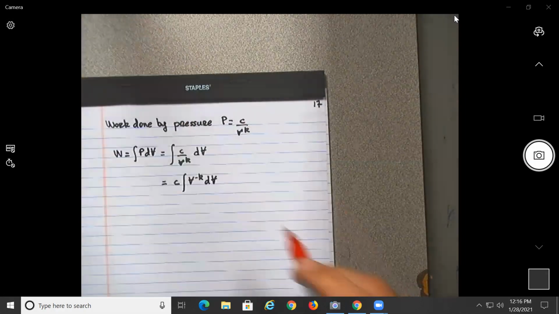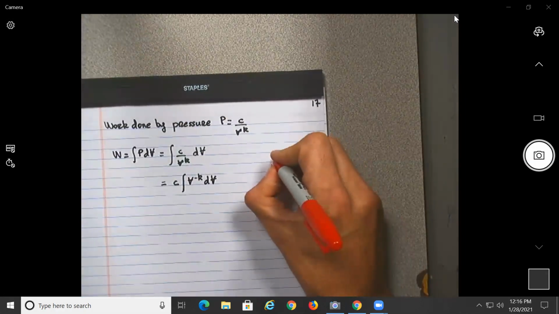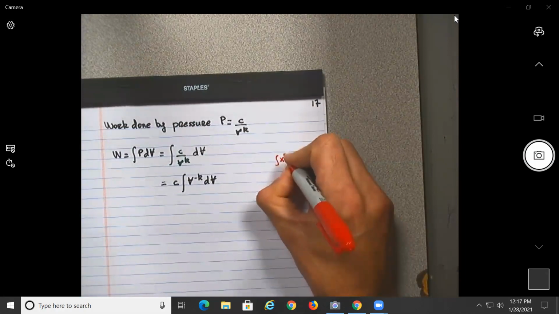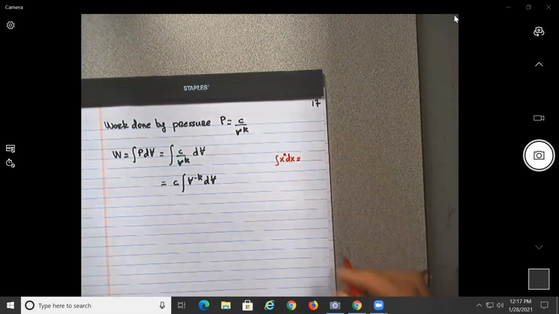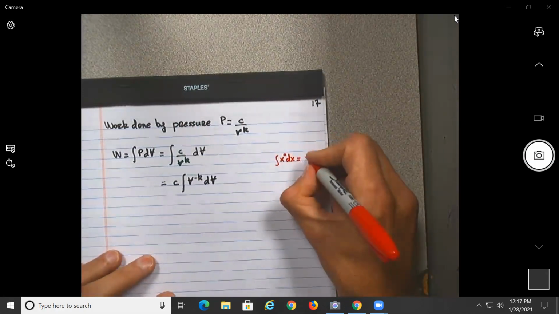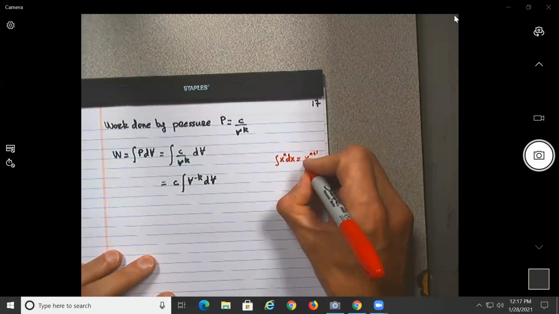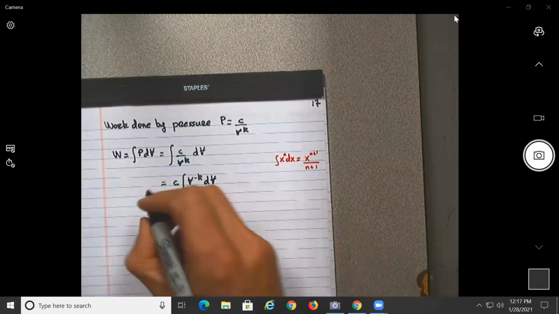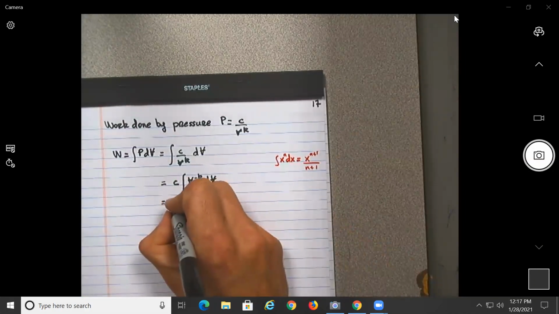Okay. Now, what is the integral of x to the n dx? What is the integral of that? It's x to the n plus 1 divided by n plus 1, no? Okay. So what would be the integral of this? The integral of this should be C